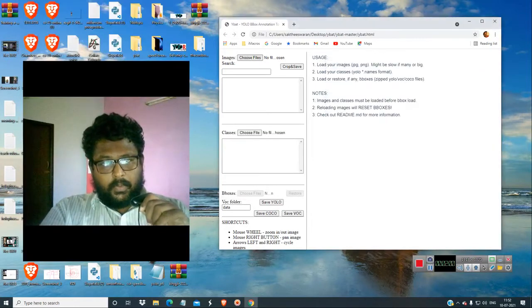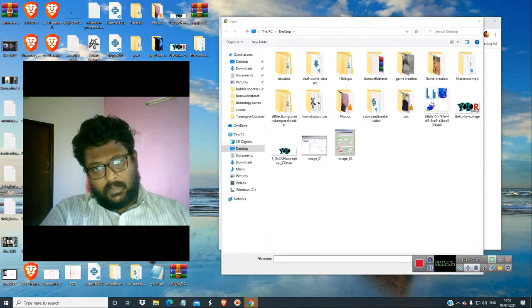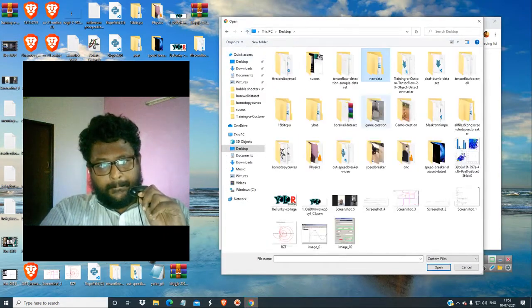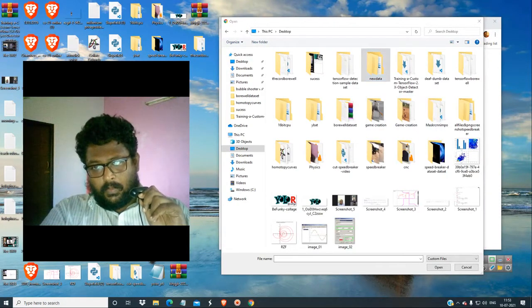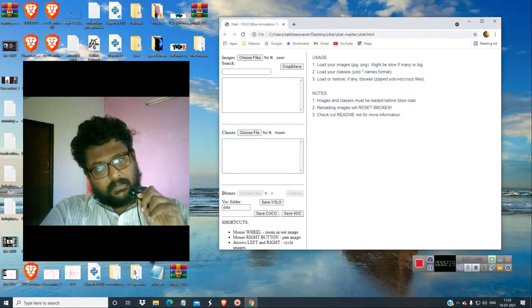Now what you have to do is import the images. You just go here and choose the files.